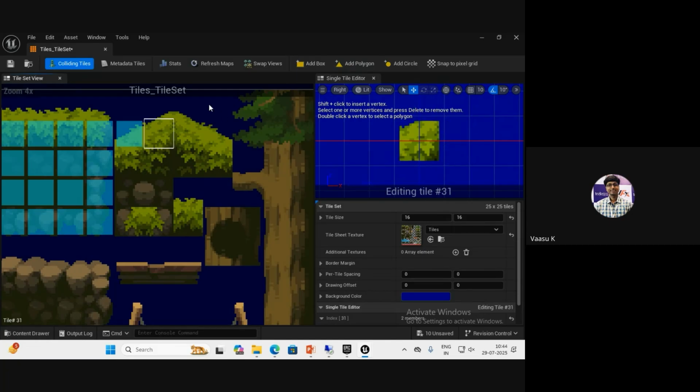The same way, I just add one like this. Okay, you can also add the box and you can actually adjust it instead. So these are